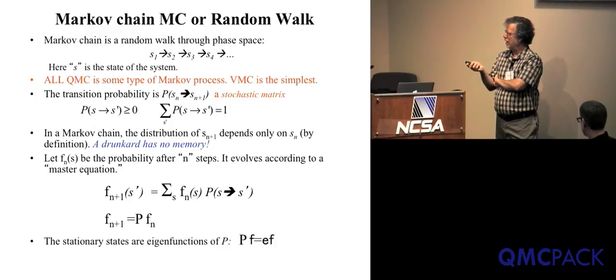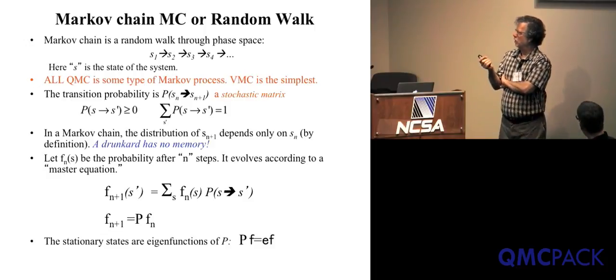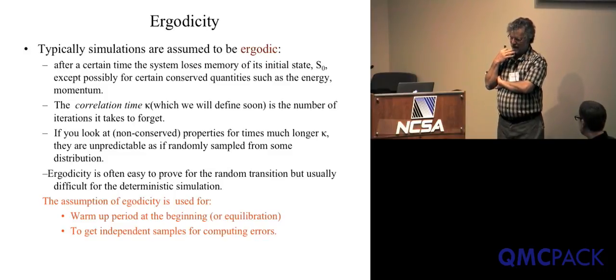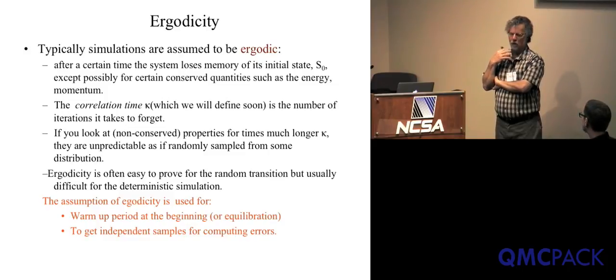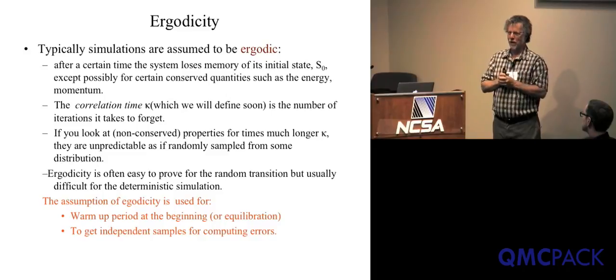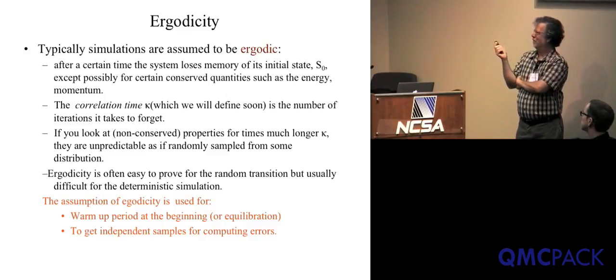And the only condition you have to apply to P is that P has to be what's called an ergodic matrix. Ergodic means that the random walk has a finite probability of going everywhere in the state space. And in terms of our undergraduate wandering around town Saturday night, well, imagine if there was a river separating one side of town from the other that you couldn't cross, then that would be non-ergodic. You couldn't go to the whole town, right? Or if there was a wall, right? And so you have to make sure that your random walks are ergodic,